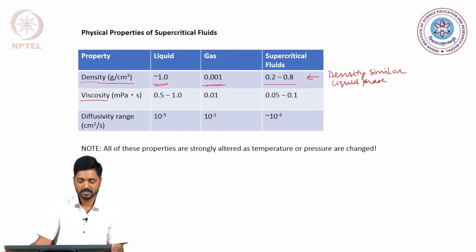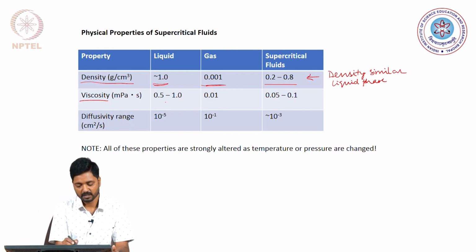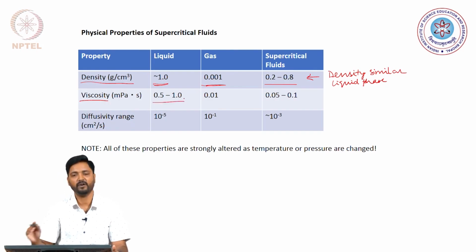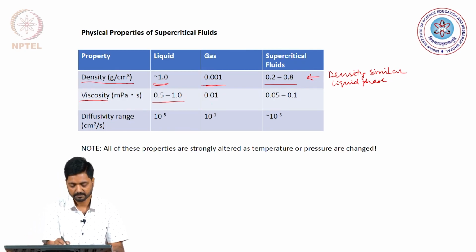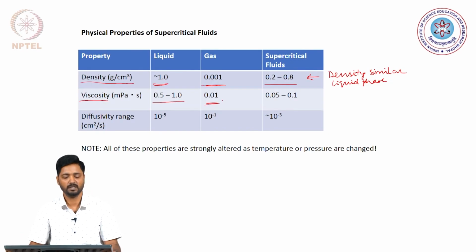The liquids that we deal with in our day to day lives have a viscosity of 0.5 to 1 millipascal second, and gases have inherently much lower viscosities, or in other words they can easily travel through